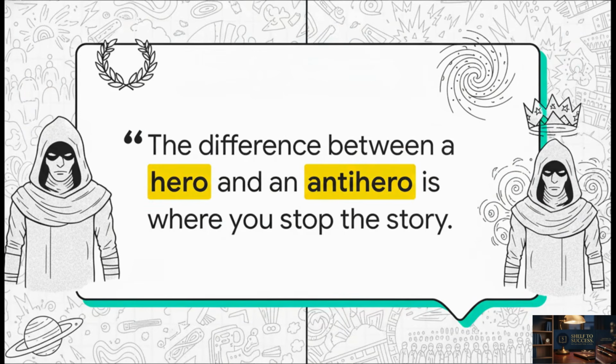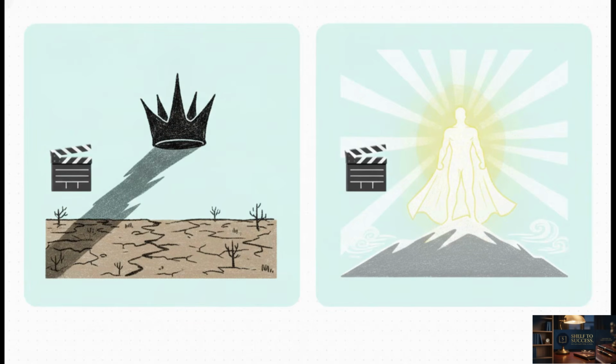And that brings us to this brilliant quote from Frank Herbert himself. He said, "The difference between a hero and an anti-hero is where you stop the story." This perfectly encapsulates the ongoing debate over Paul Atreides. Is he a genuine messiah saving a planet, or is he a dangerous, charismatic conqueror leading billions into a holy war? Because the movie cuts off before we see the full terrifying aftermath of Paul's reign, which gets explored in the later books, casual viewers might mistakenly walk away viewing Paul purely as a triumphant hero, totally missing Herbert's stark warning.